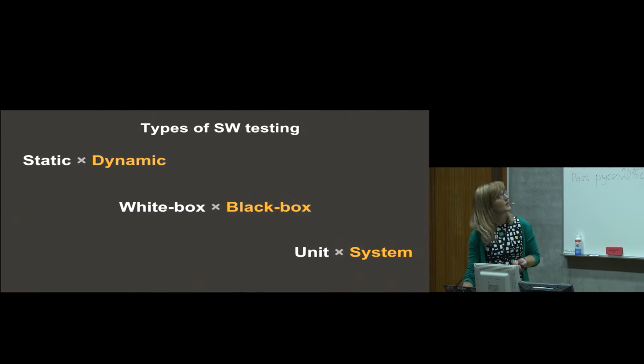Okay, I can go through it very quickly. Static tests test the quality of the code as it is written, and dynamic tests prove that code behaves in the desired way. White box and black box are based on how deep the tester knows the source code of the program. And unit and system, this is something